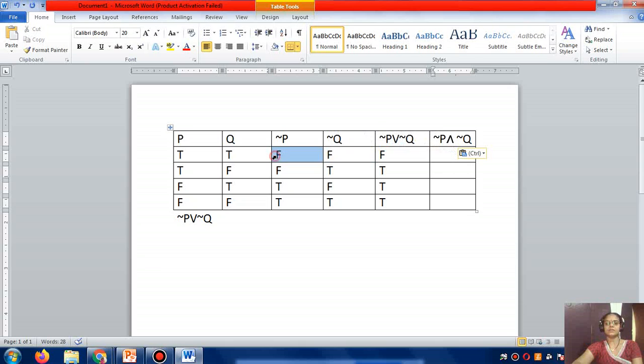So if both are false, you will get false here. If false, true, you will get false. True, false, you will get false here. If both are true, you will get true.